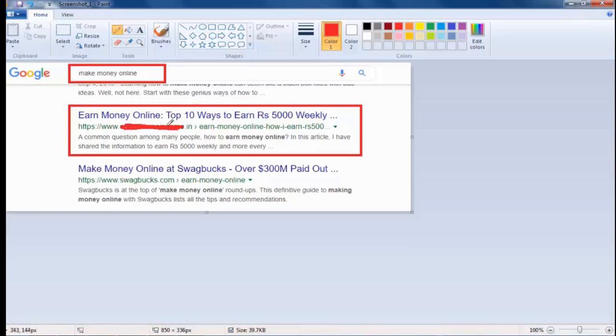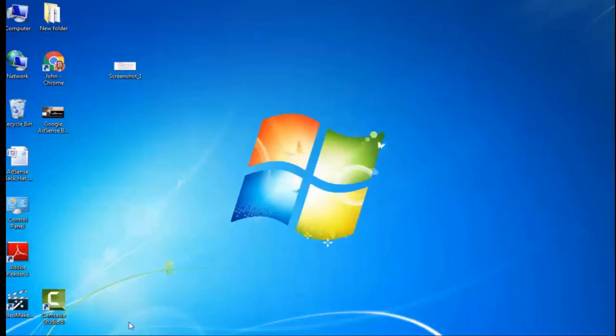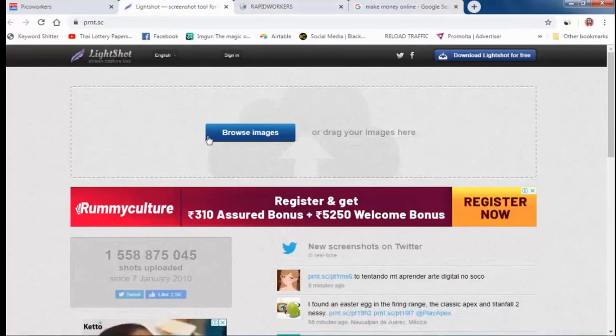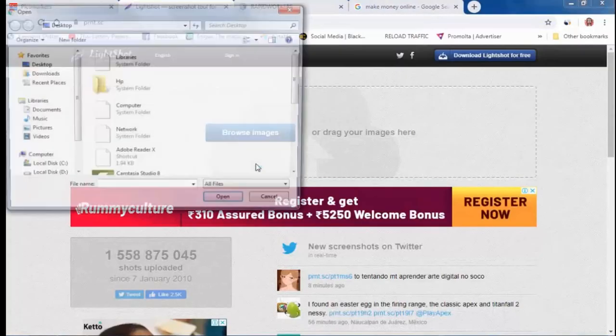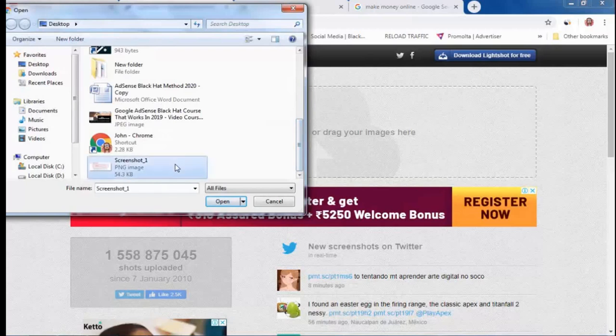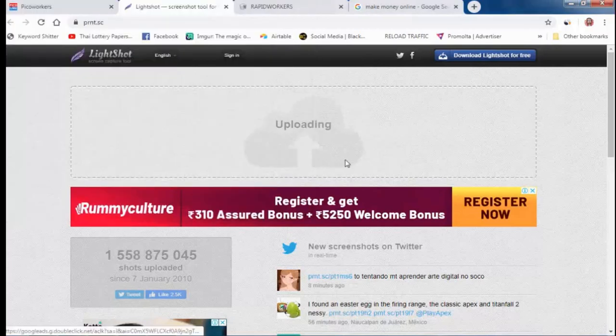I have removed the domain name, because if people see my domain name, they will go directly to my website. This is my complete screenshot. Okay, now I will save and close this one, and I will upload this screenshot here. After that, I will show you how you can run this type of campaign from a search engine.